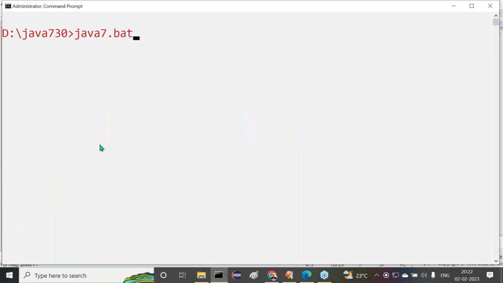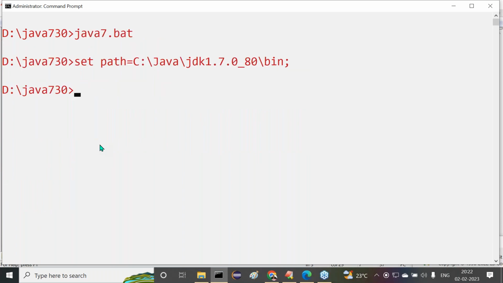Now observe carefully. Which version of Java am I using now? 1.7 here. javac Test.java. Any compilation error? No compilation error, but I have not made any changes in my program. Same program, but we got an error in 1.6 version, and in 1.7 version we are not getting any error.